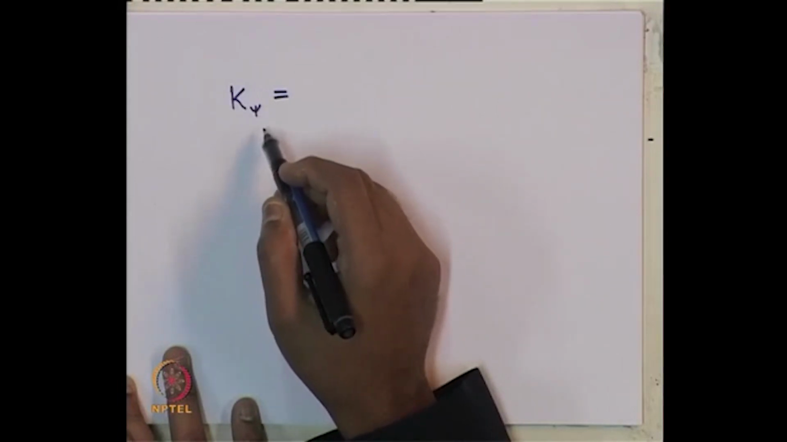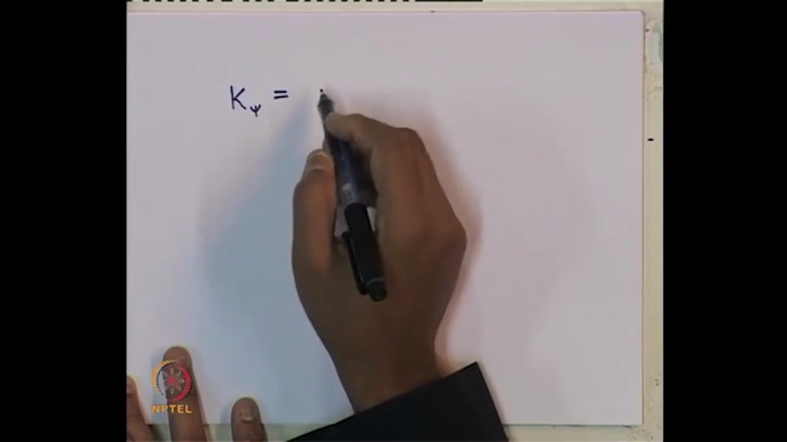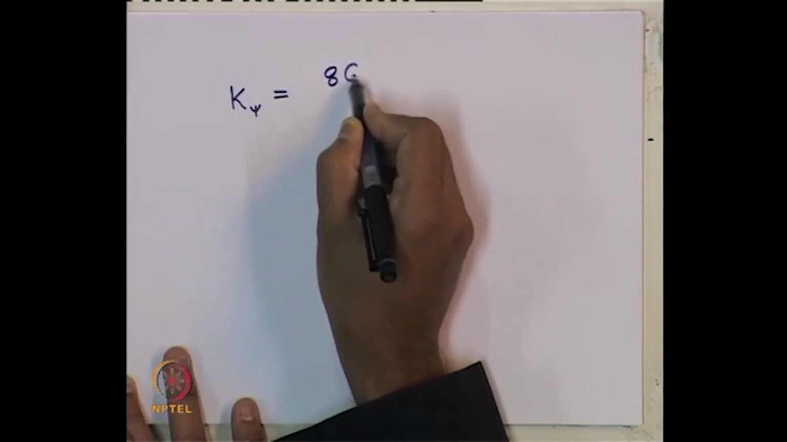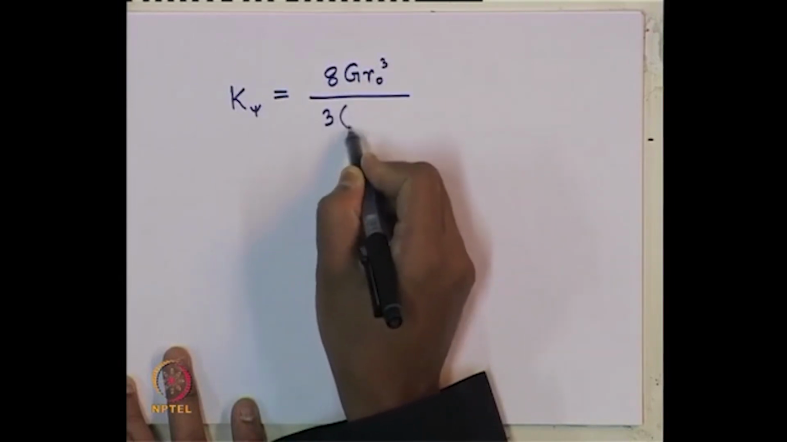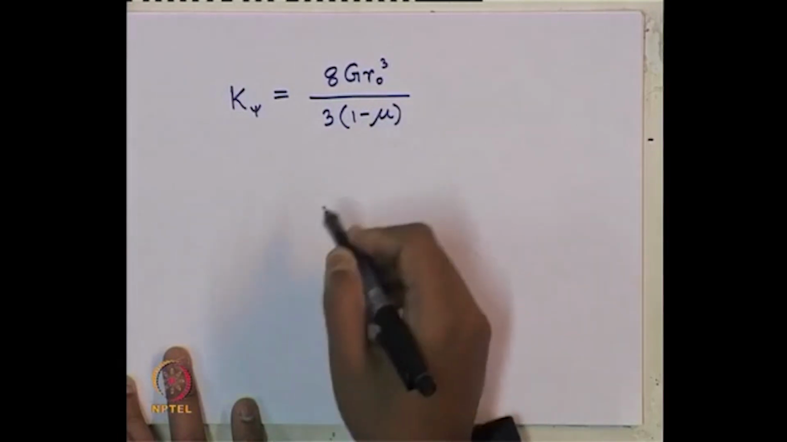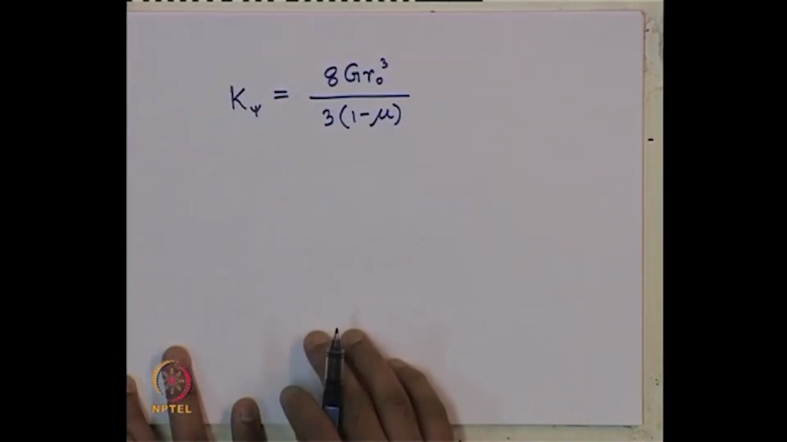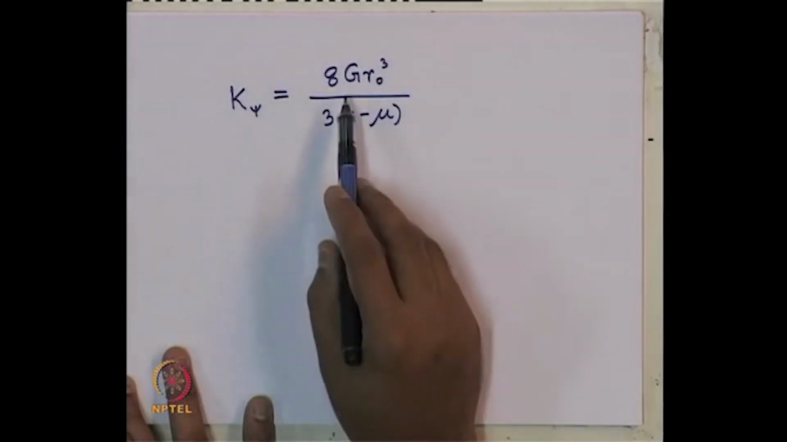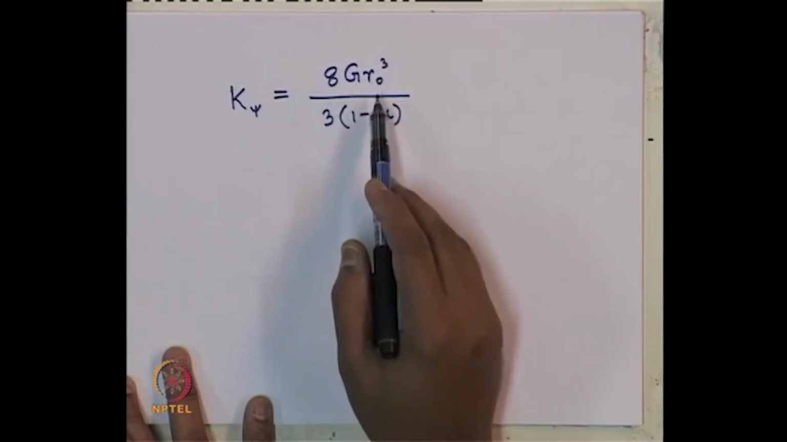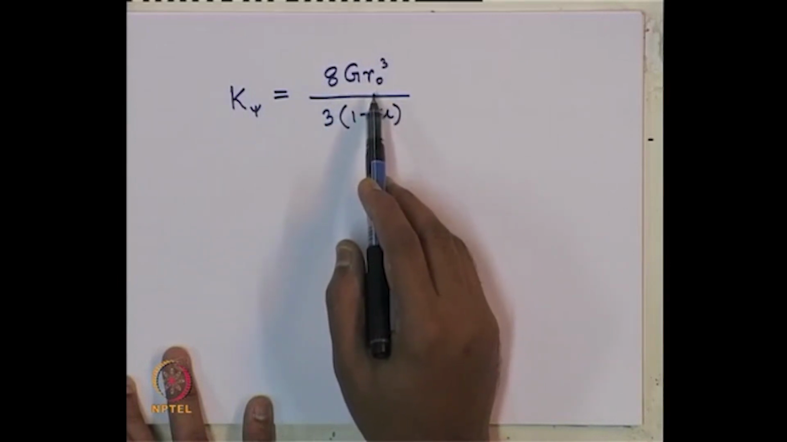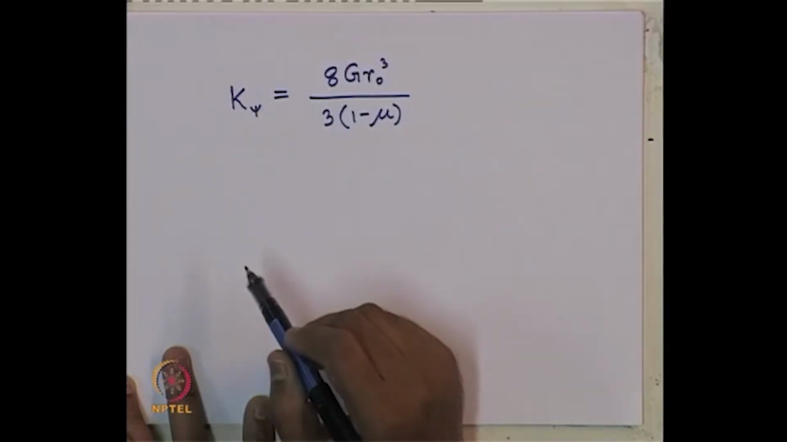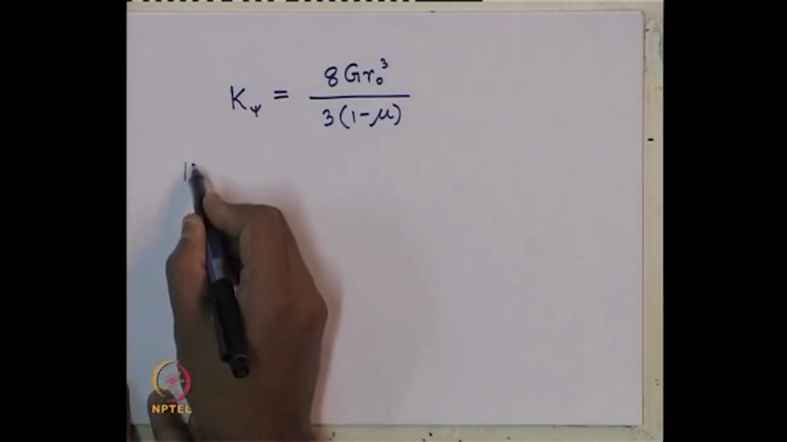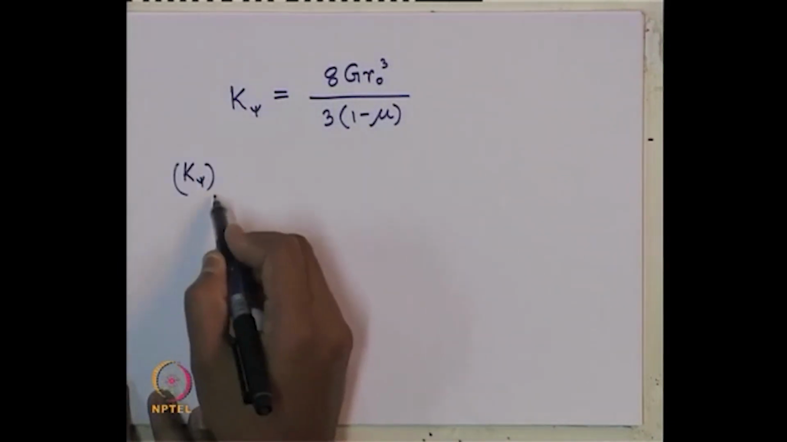So, for the case of rocking mode of vibration, k psi can be computed using this expression 8 g r naught cube by 3 times 1 minus mu. This is again obtained using theory of elasticity given in Timoshenko and Goodier. So, in this case g is shear modulus of the soil, r naught is equivalent radius of circular footing, mu is Poisson's ratio. So, now for 3 types of soil, let us find out k psi